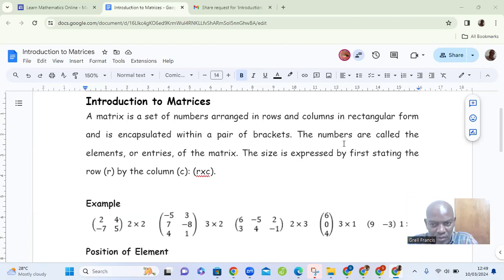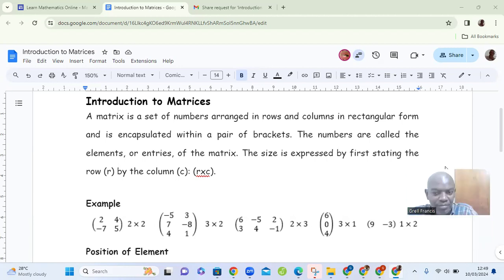The numbers are called the elements or entries of the matrix. So the size is expressed by first stating the row, then the word "by", and then the column. Okay, so R for row and C for column. So you can say R by C. So for example, here you've got a matrix,